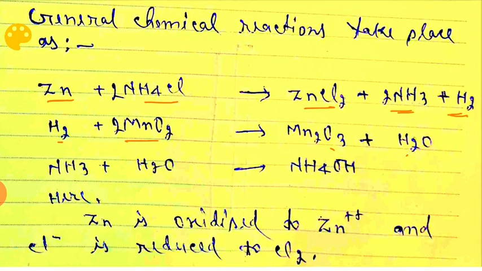So water also remains inside the container, and the other important product is NH3, ammonia gas. That ammonia gas dissolves in water and converts into ammonium hydroxide. Ammonium hydroxide is a weak base, but it is the leader of bases. Means it is the strongest among all types of weak bases. So it is the leader of weak bases.